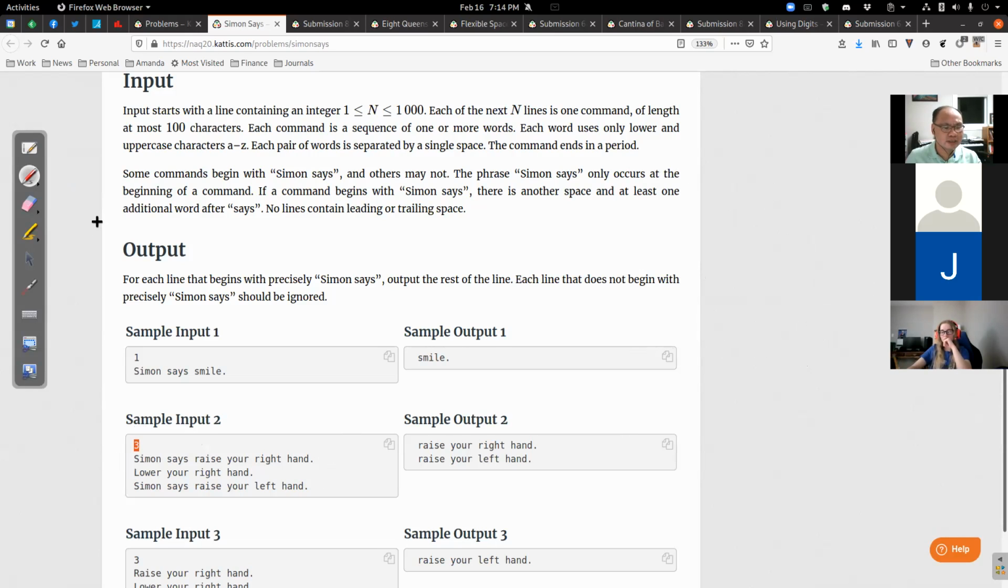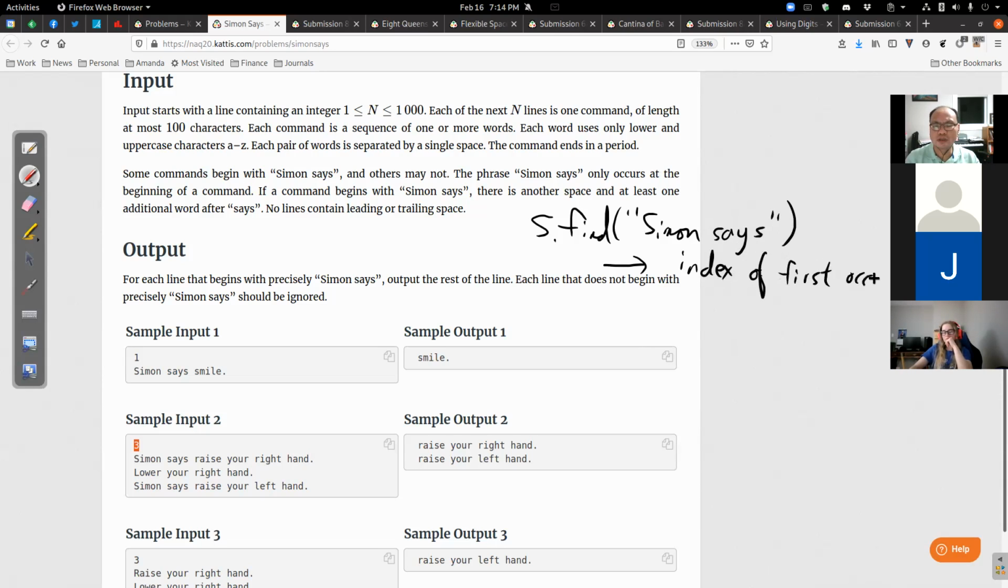Second thing is how do you pick the string apart? How do you know if there's Simon says? So the easiest thing to do is s.find("Simon says"), and that will return an index of the first occurrence,